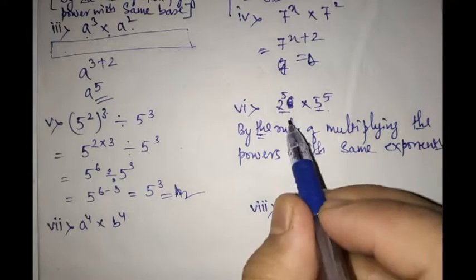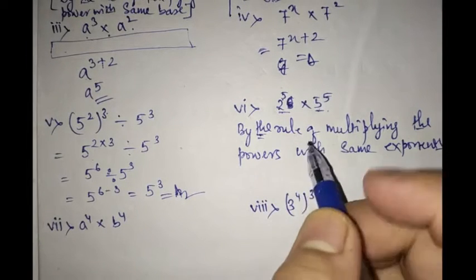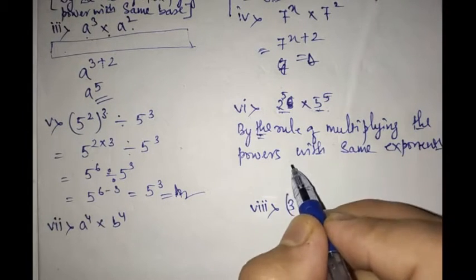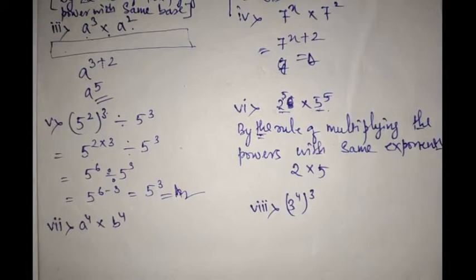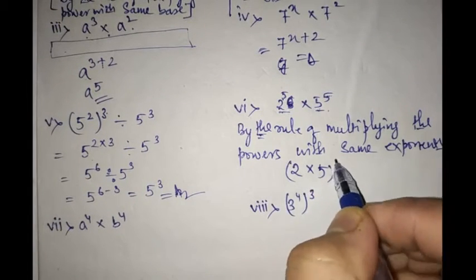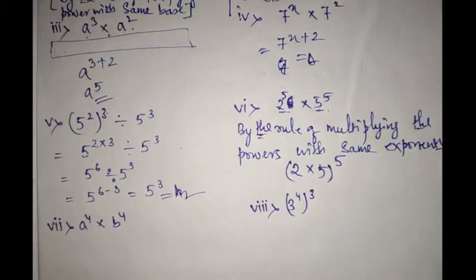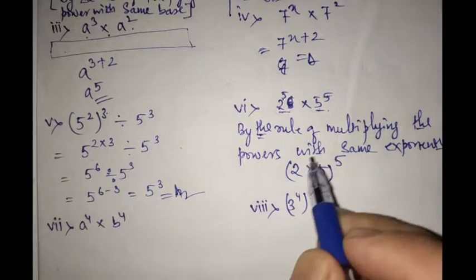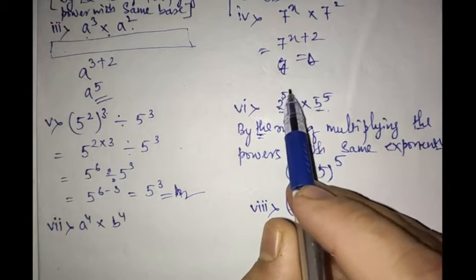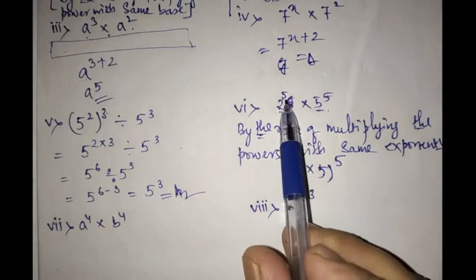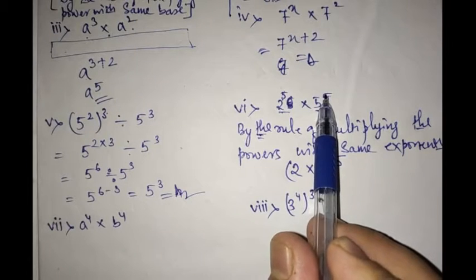If you have the same exponent here, then what are you going to do? In such a condition you will multiply the base, 2 to the power 5, and you will write one power outside the bracket above its head, 2 into 5, 2 into 5. You can multiply only if you have the same exponent. Alright, you cannot write otherwise.